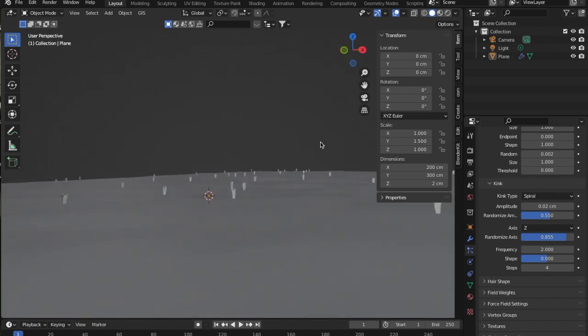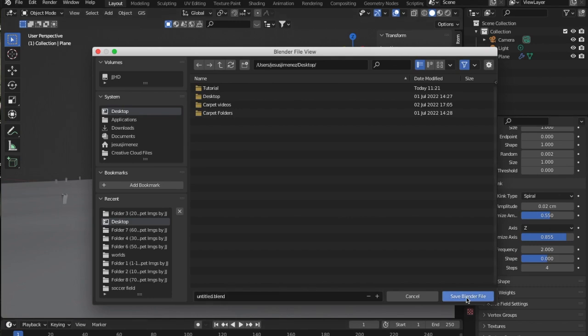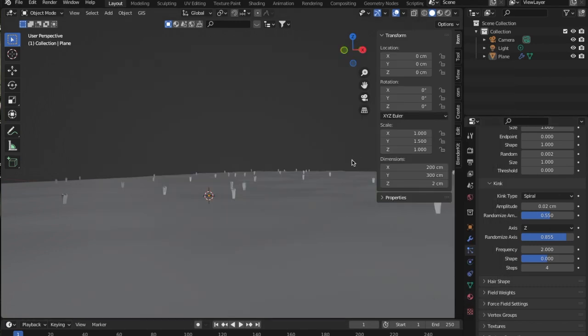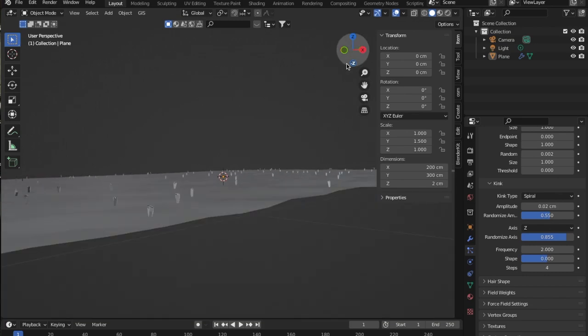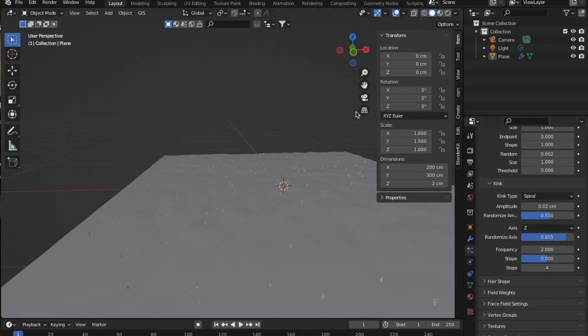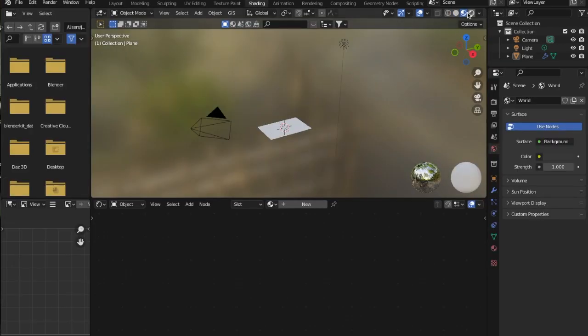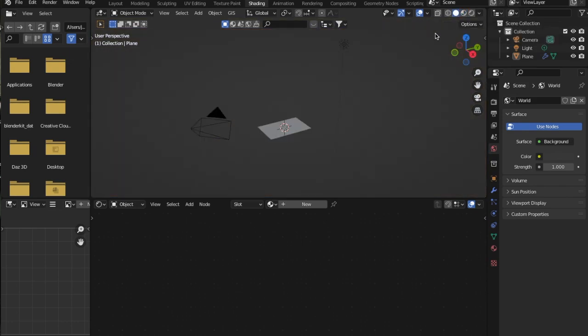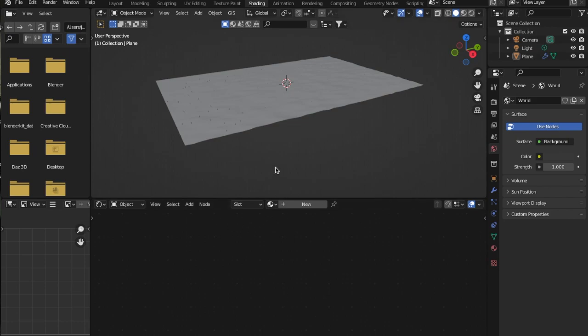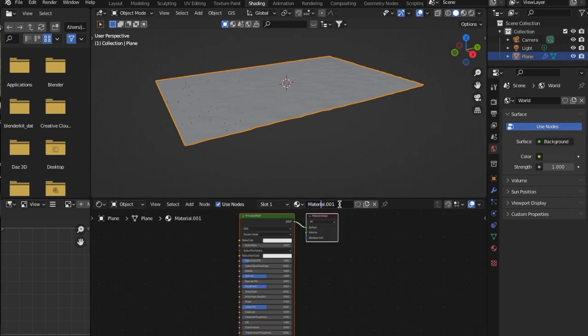The next thing that I did was, actually, save your file. So the next thing that I did, I added a new material, the patterns to the carpet. So if you go under shading, I like to keep this under viewport shading for now because I don't need to see it now. Then select your object and make a new material. Make sure you change the name to carpet,